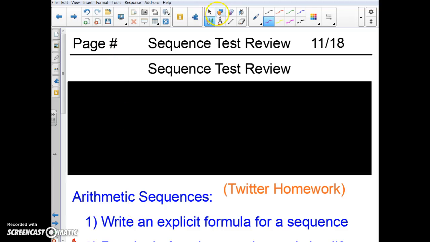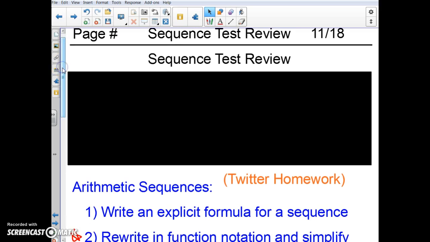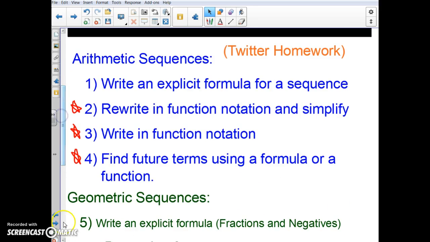Hello, here in this video we're going to be looking at that sequence test review that we saw in class a little bit. I'll be going more in depth into some of those different concepts. So here's a list of the arithmetic stuff that we'll be expected to know how to do. Here's the different topics. The ones that are starred in red will be ones I'm about to go into more